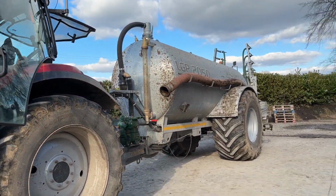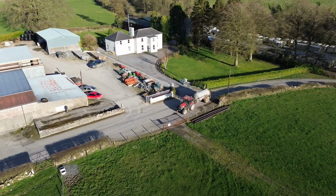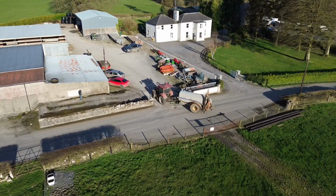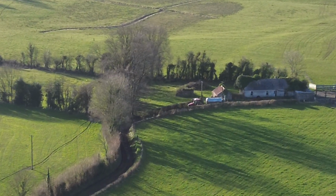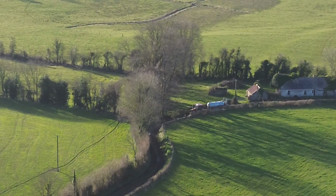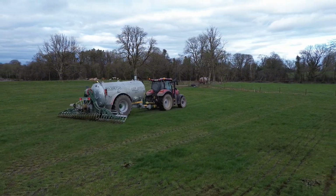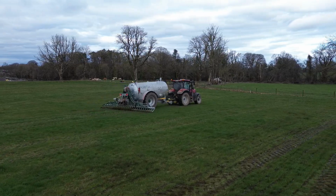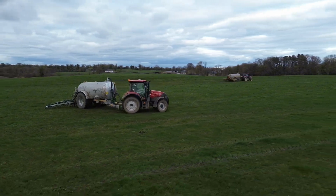I wouldn't be sure, but this tank full of slurry is somewhere around 13.5 ton-ish. This one will be a little bit heavier than the other one. The dribble bar trailing shoe weighs a little bit more, so they're heavy yokes. That's part of the reason for the bigger tyres on this one compared to the other one, just to balance out that little bit of extra weight, because we'll be going spreading in a few wetter places, and we want to try our best not to leave a mark on customers' ground or our own ground and things like that. Just have to be looking out,